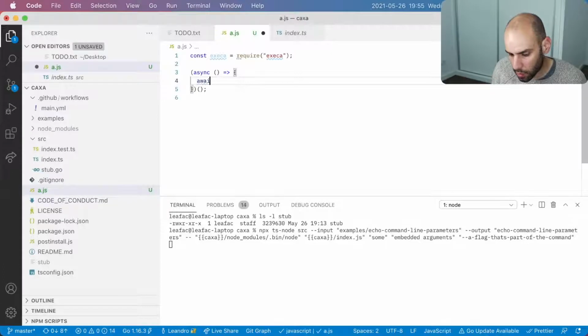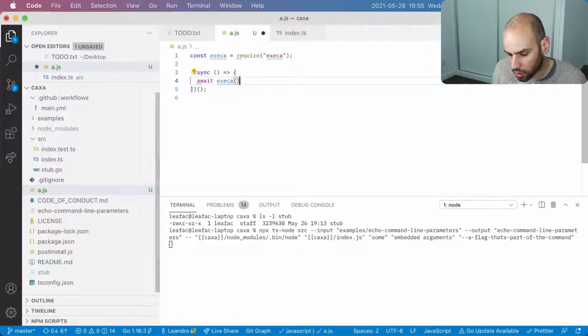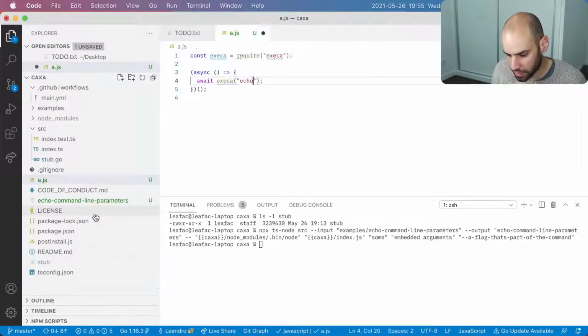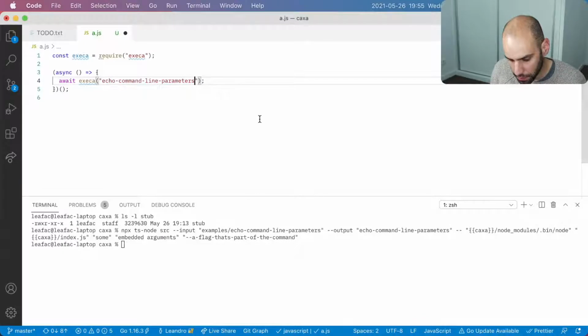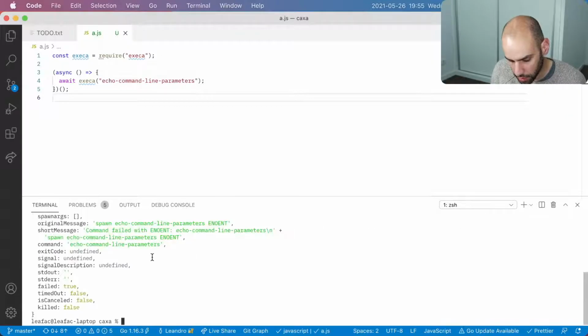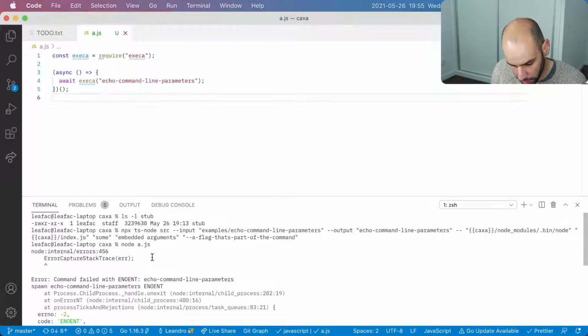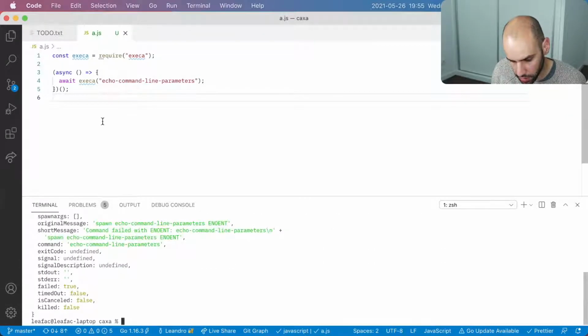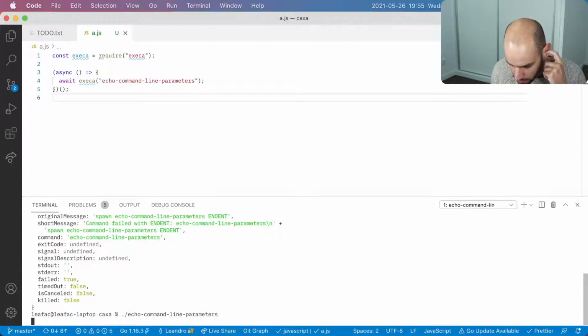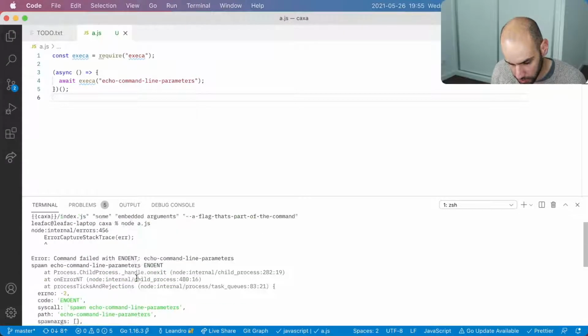And then we can say await execa of echo of this path. Now let's run a.js. And it complains, oh, there is no such file. That's weird. The file is right here.